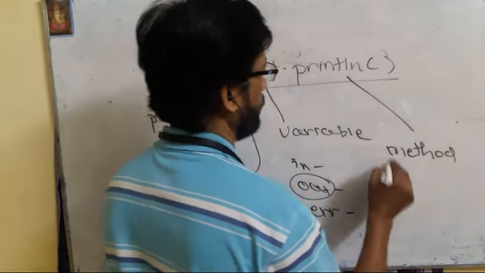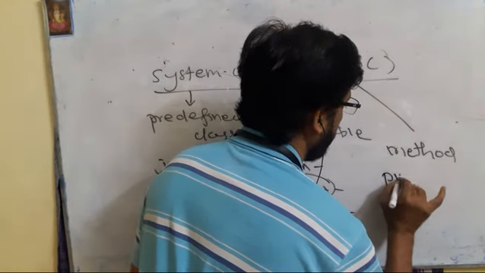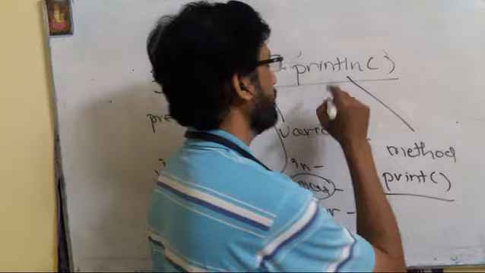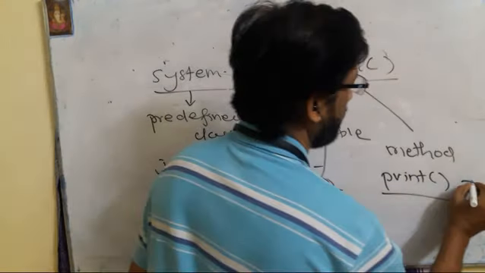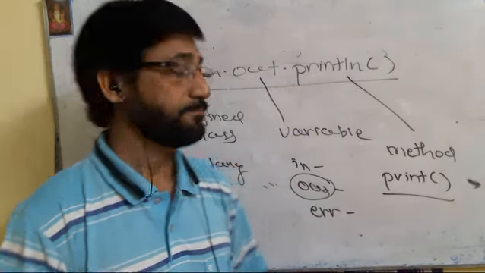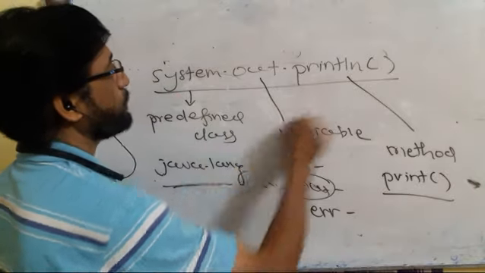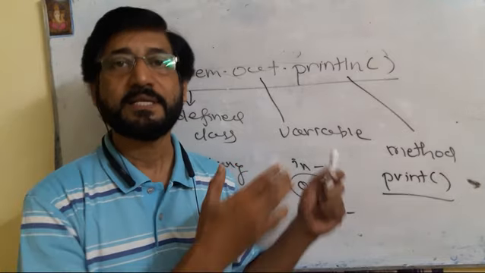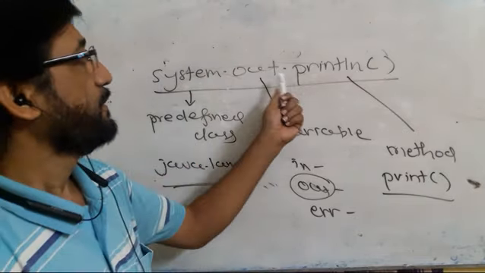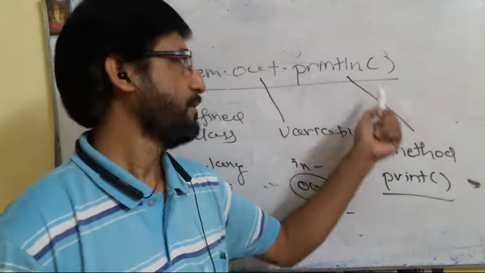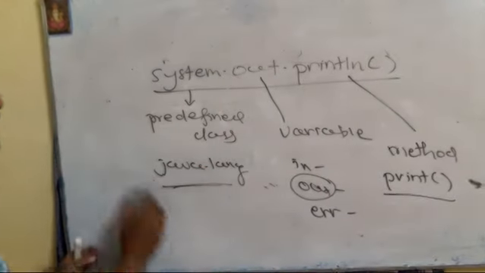There is another method also, that is print, so there are the print and println methods. Both the print and println methods are used to transfer data to the output device. The overall purpose of System.out.println is to transfer the result to the output device. This is an output statement. As I told, there are two different methods, print and println, to transfer data to the output device, but there is a little difference between print and println. Let us discuss it. What is the difference between the print and println methods?